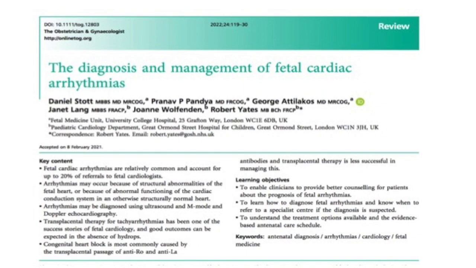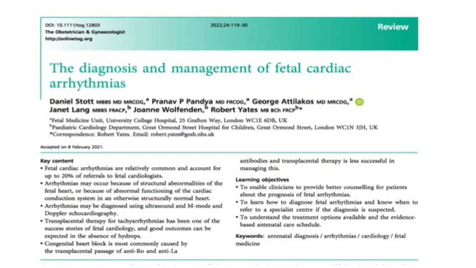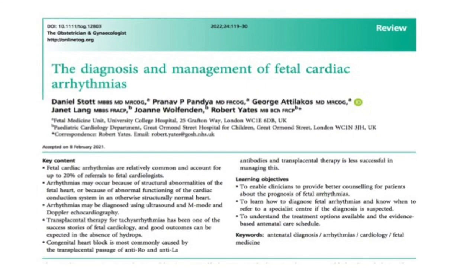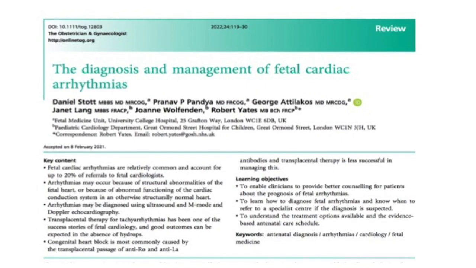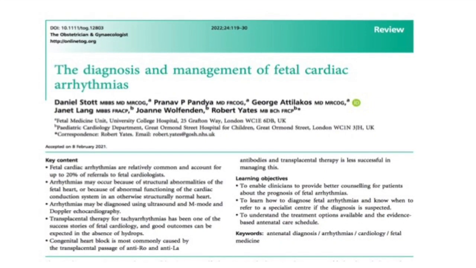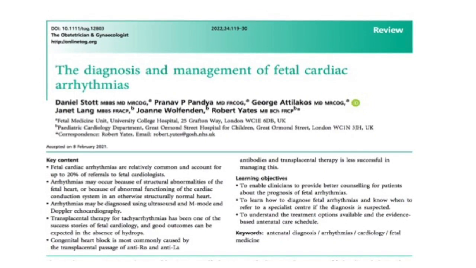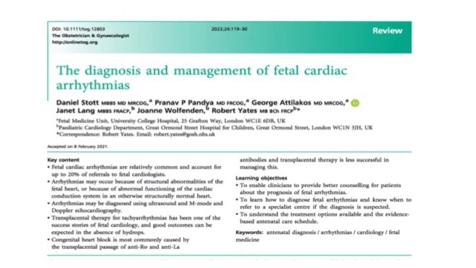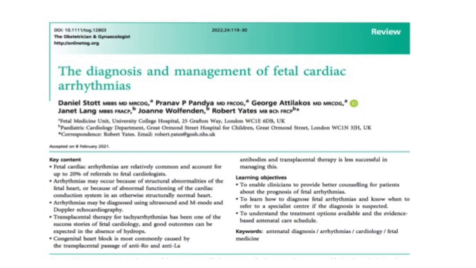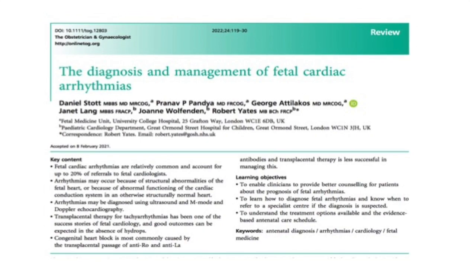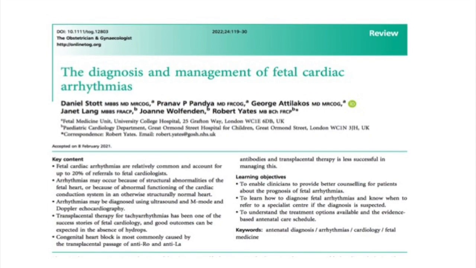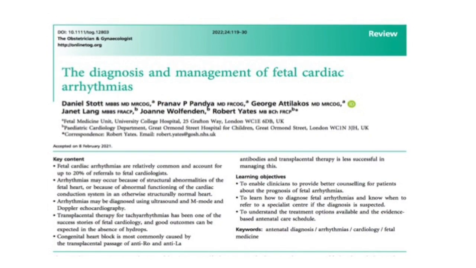Arrhythmias may be diagnosed using ultrasound and M-mode and Doppler echocardiography. Transplacental therapy for tachyarrhythmias has been one of the success stories of fetal cardiology, and good outcomes can be expected in the absence of hydrops. Congenital heart block is most commonly caused by transplacental passage of anti-Ro and anti-La antibodies, and transplacental therapy is less successful in managing